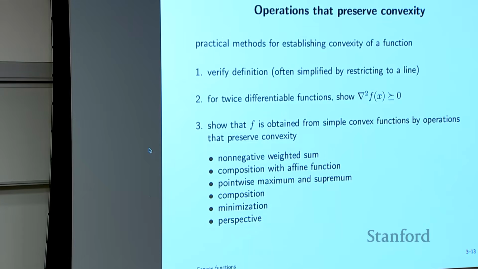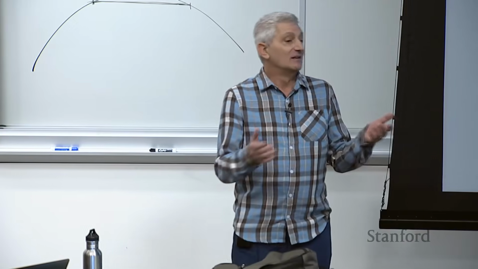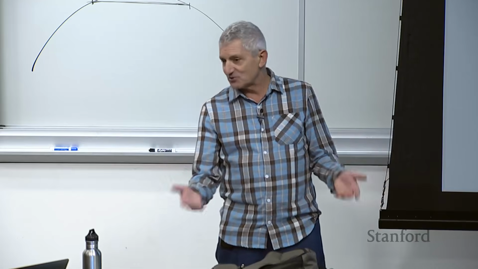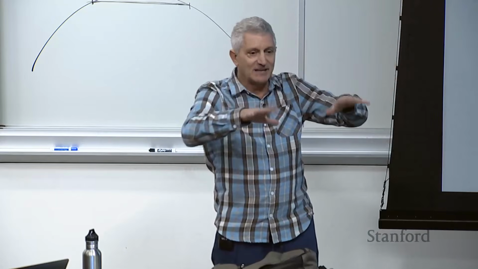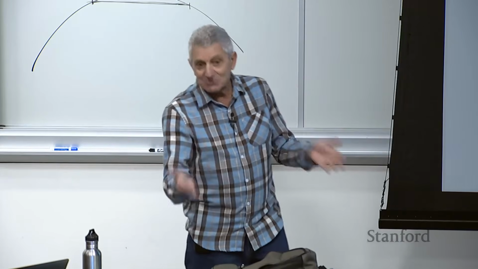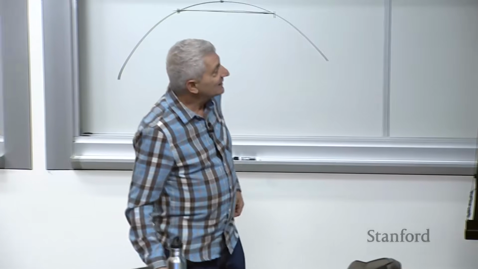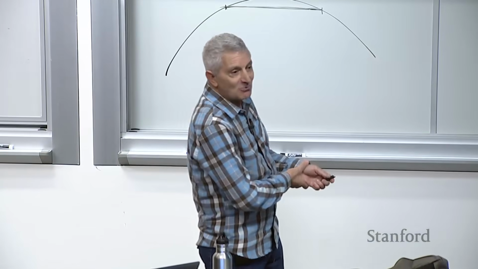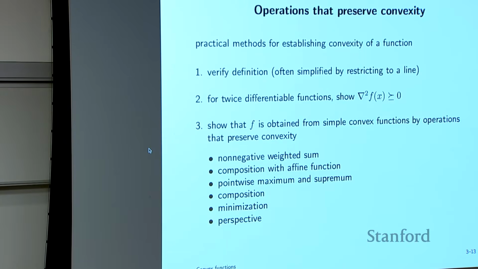And so, some of these are going to be mind-numbingly simple. Like, here's one. The sum of two convex functions is convex. Well, first of all, it's obvious. Draw a picture in your head, draw a function that goes up, another one goes up, add them together, it still curves up. Like, hello, of course, right? So anyway, that's one. But we're going to see some very interesting ones that are not obvious in some of these rules.